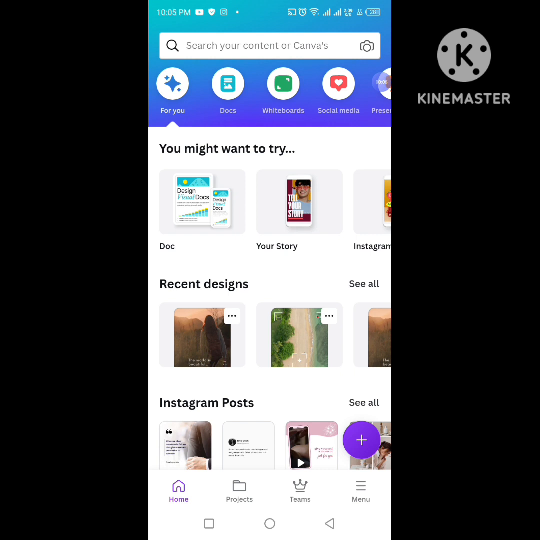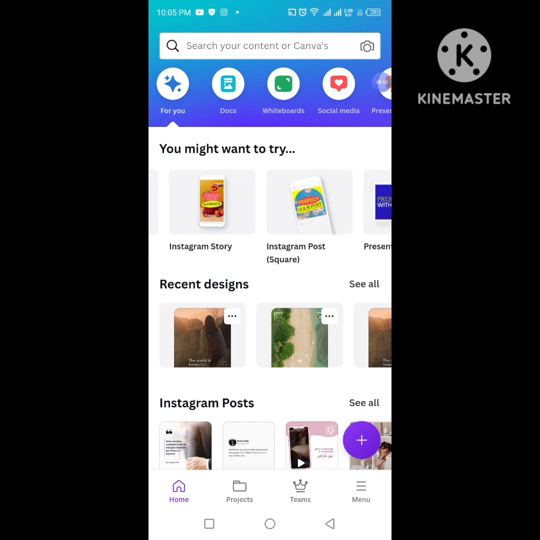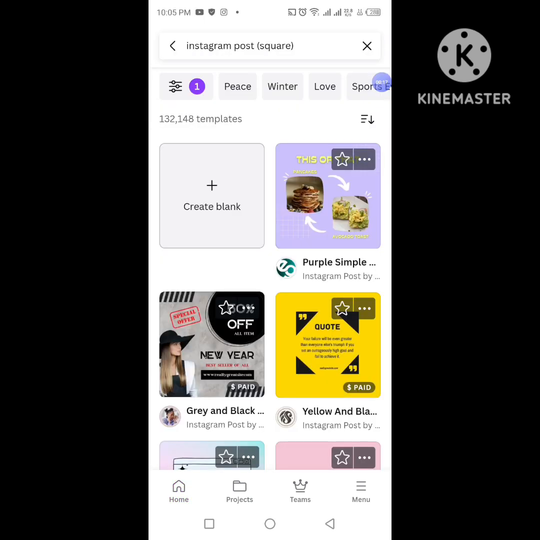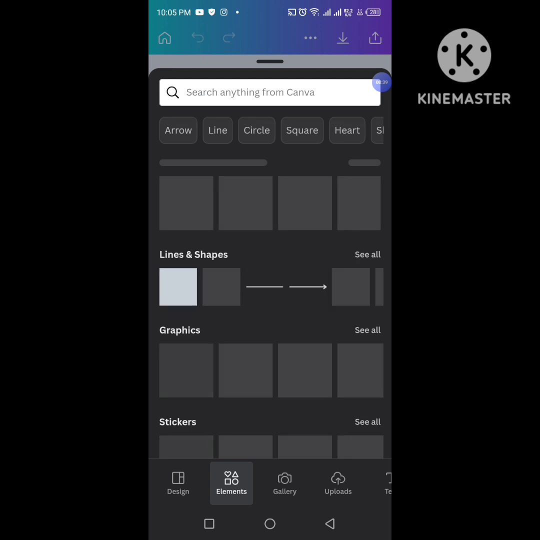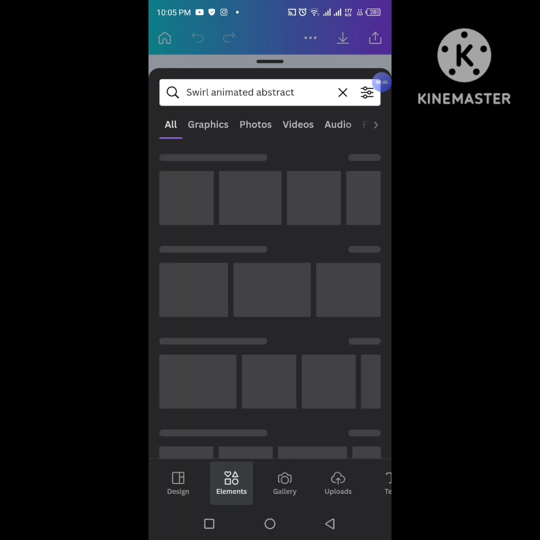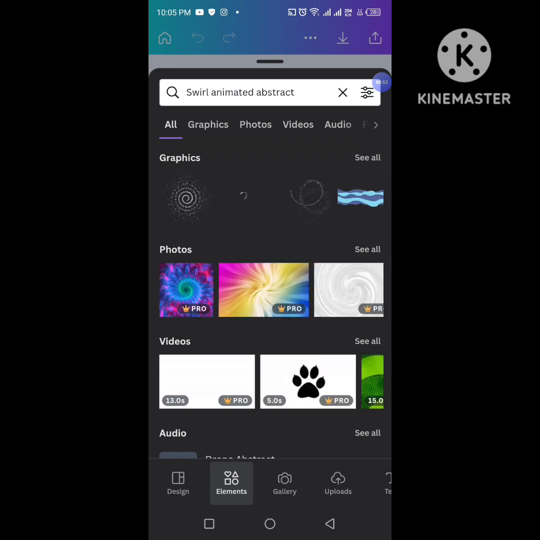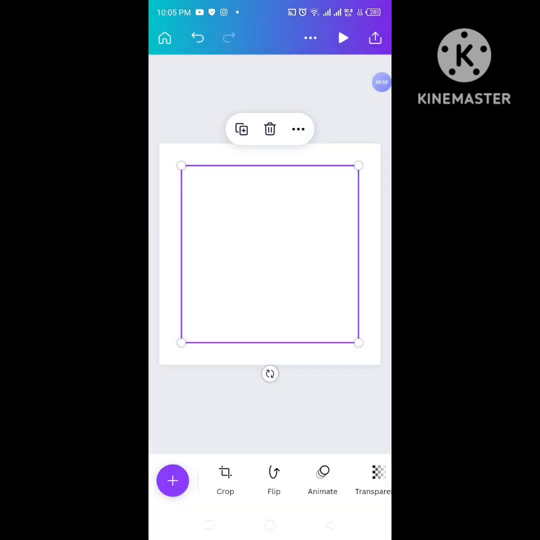For this, just log into your Canva mobile app, select Instagram post, select the blank one, go to the elements, select swirl animated abstract. Keep it in your mind that I'm using only free elements over here. I'm using my free Canva account. These are all free available over here, so I'm selecting this one,